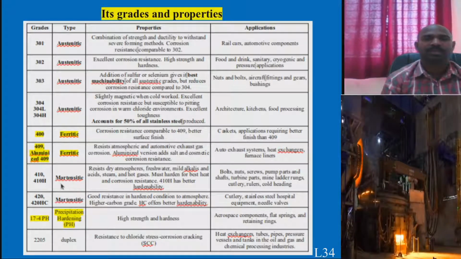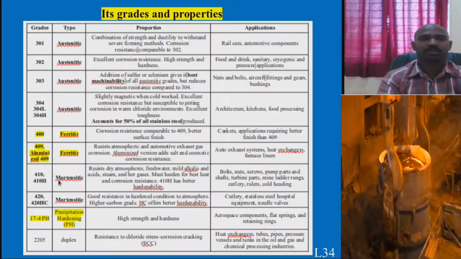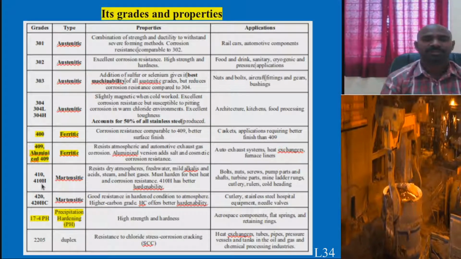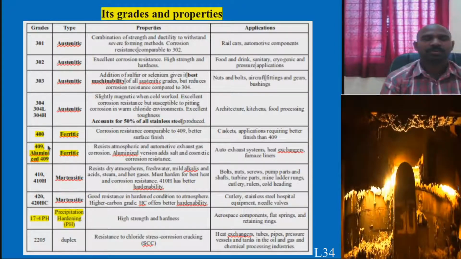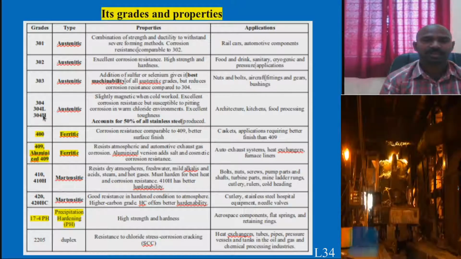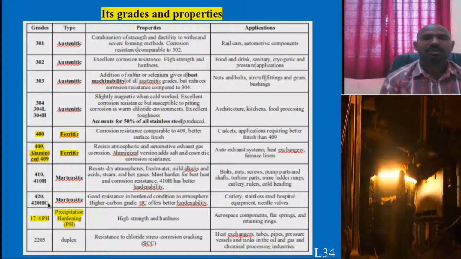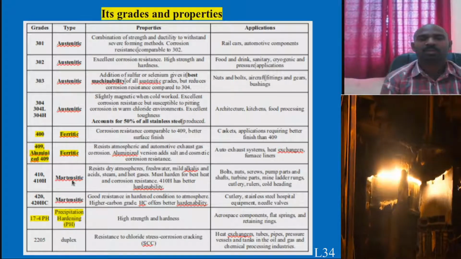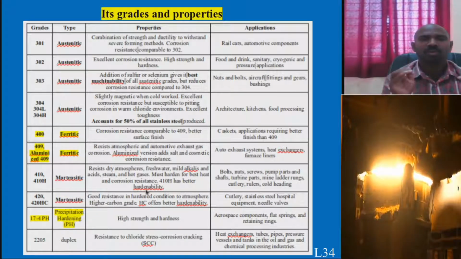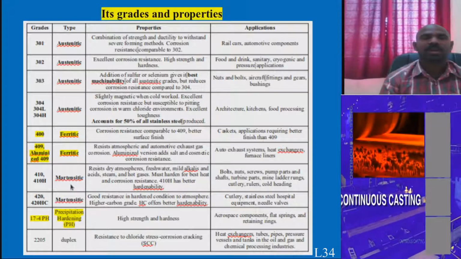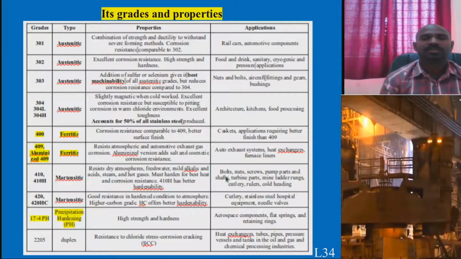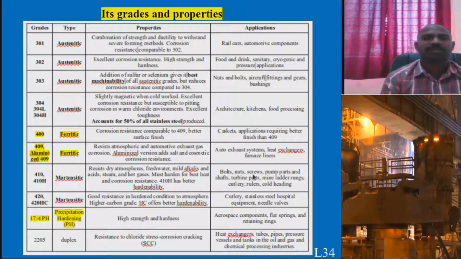And coming to martensitic stainless steel, grade 410, and 410H, 410HC and 304LH. L stands for low carbon content, H stands for high carbon content, HC stands for very high carbon content. Martensitic stainless steel grades usually have better hardenability. That is why this kind of stainless steel is suitable for applications such as bolts, nuts and screws.